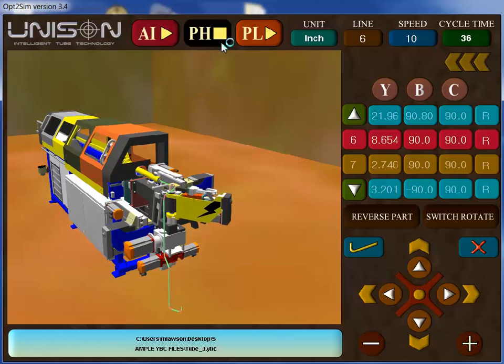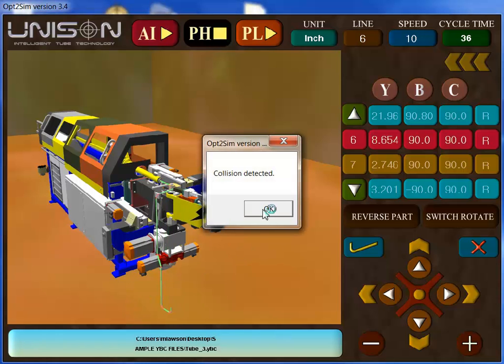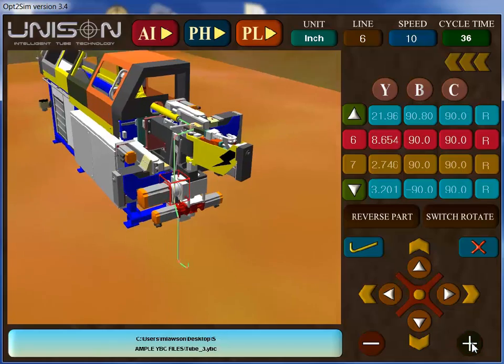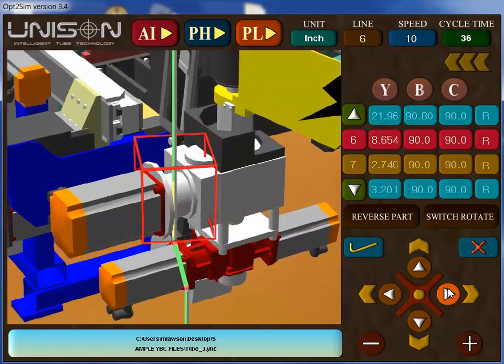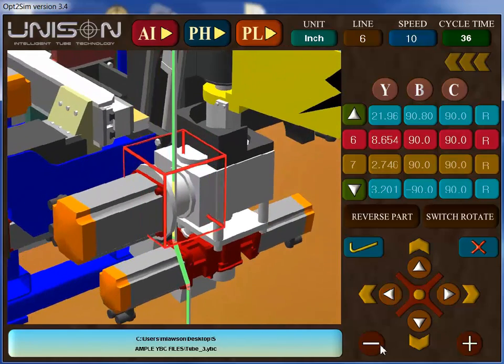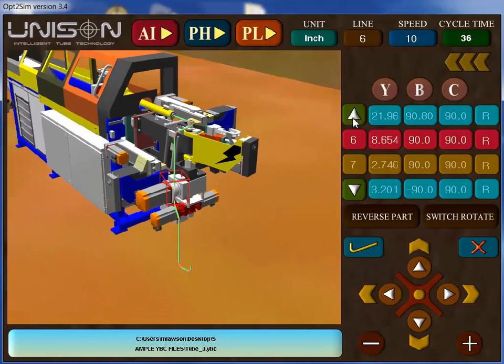So the physics mode here has detected a collision. If we just say OK, there we can see it shows us where the collision is. We can zoom right into that. We can take a good look around. That's definitely a collision as far as I can see. And so now if I just step back a couple of moves and then,